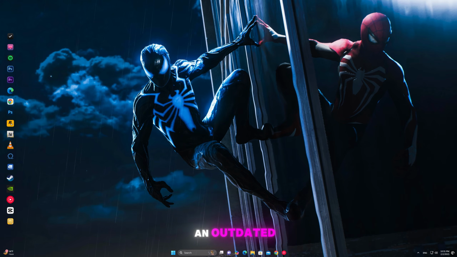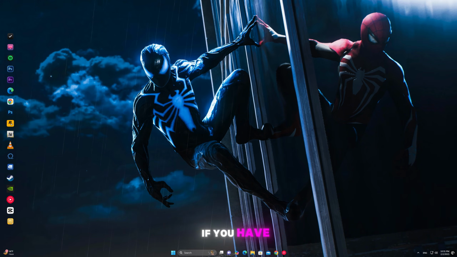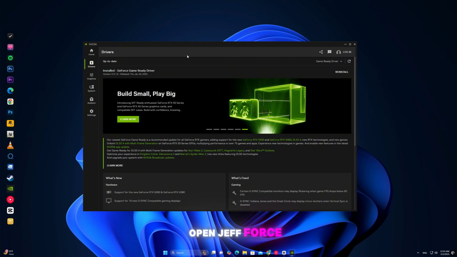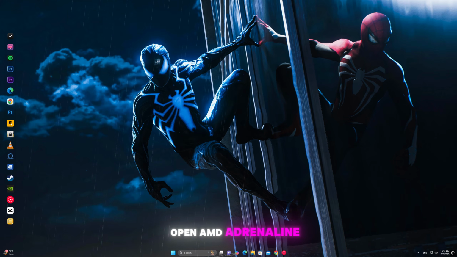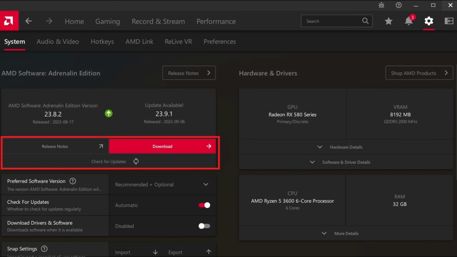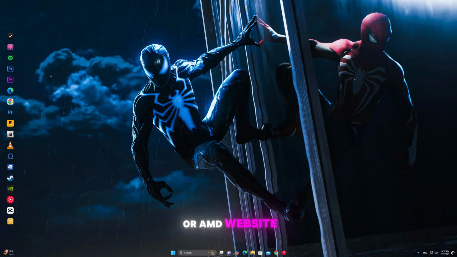Let's dive in. An outdated or corrupted graphics driver is the most common cause of this error. Here's how to update it. If you have an NVIDIA GPU, open GeForce Experience, go to Drivers, and check for updates. If you have an AMD GPU, open AMD Adrenalin software and update your driver from there. If you prefer manual updates, visit the official NVIDIA or AMD website and download the latest driver for your graphics